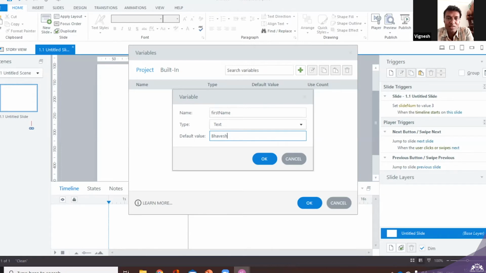Am I right, Bhavesh? In case she's asking, if we want to display 2 or 3 names, we can add 3 or 4 variables, right? No, Sumaya is right. I think we should leave this blank. Leave this blank. The question was, if you leave the default value, will it take whatever name you are entering and display it, or is that the scenario?